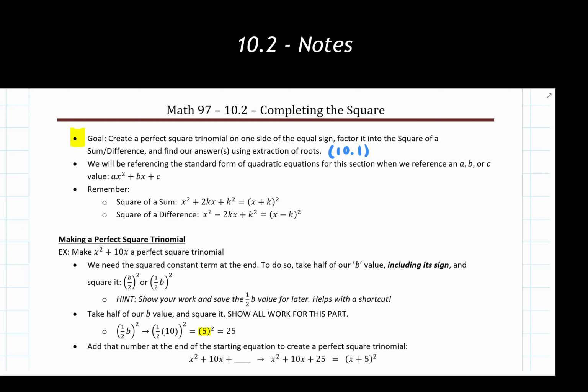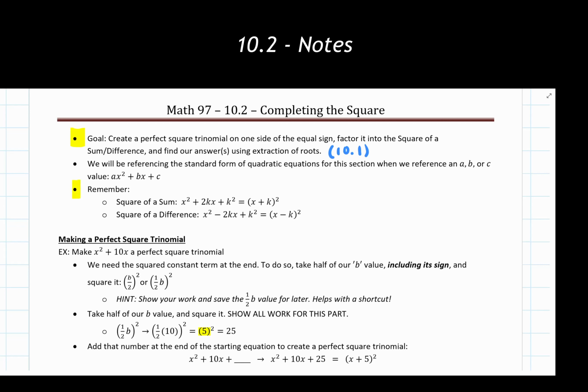So this is another tool that we're going to have at our disposal to go through and solve quadratic equations. It just requires some manipulation and rewriting ahead of time before we actually get to our final answer. I'm going to note also that when we refer to A, B, and C in this process, I'm referring to something written in our standard form for quadratics, ax squared plus bx plus c, that we have here. So keep that in mind as we are going through some of these examples.